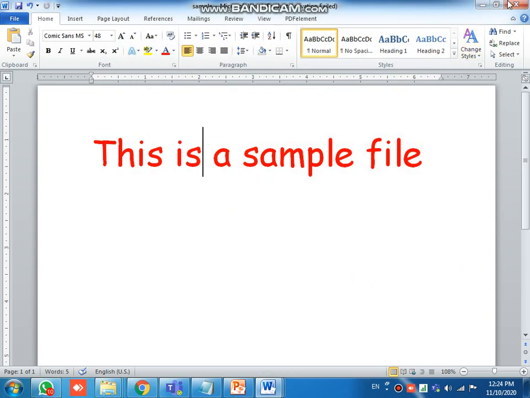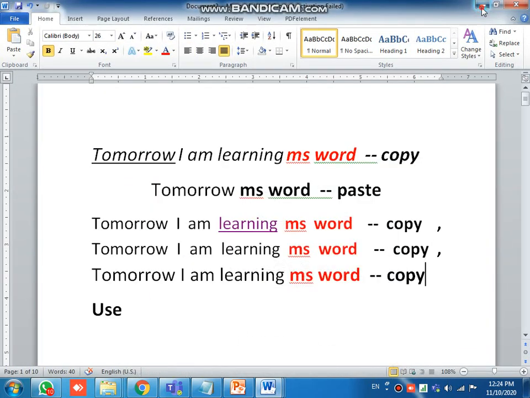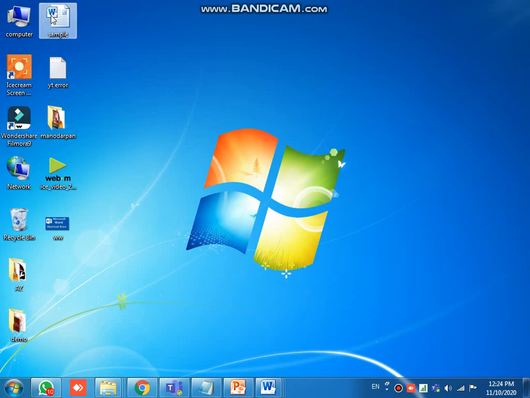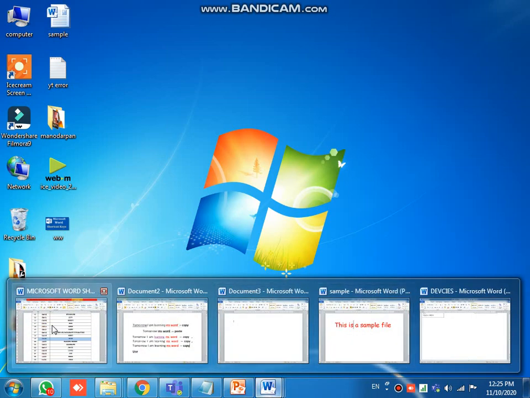Now if you want to check where the file is saved, just minimize this one. So many files have opened. Now this is the Sample file. This way, for temporary purposes, you can use the desktop. If it is important data, you can save it in a location other than C drive and desktop. In this example I am taking local drive D. Okay, this is the Save option.